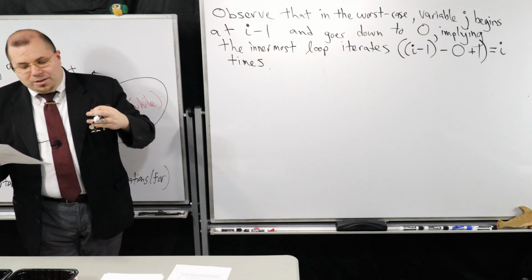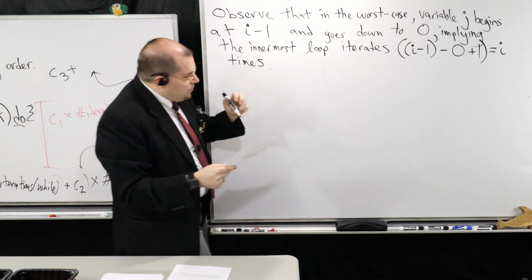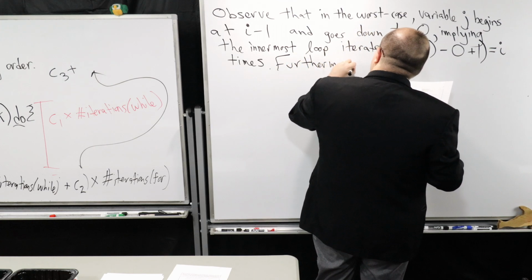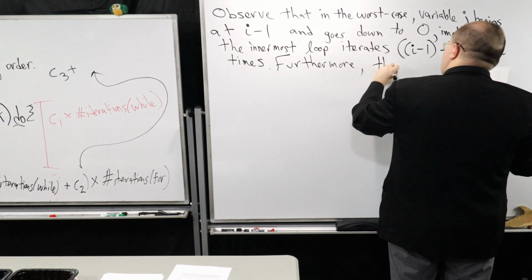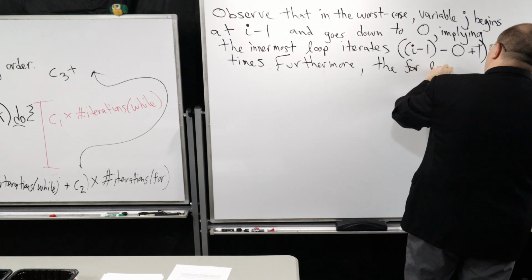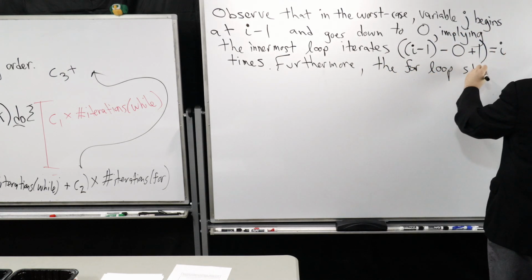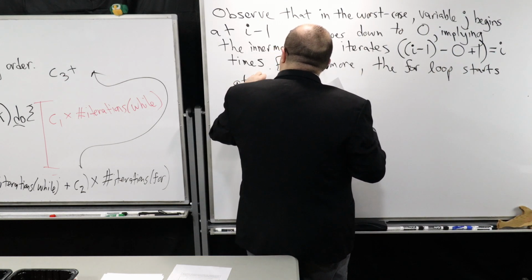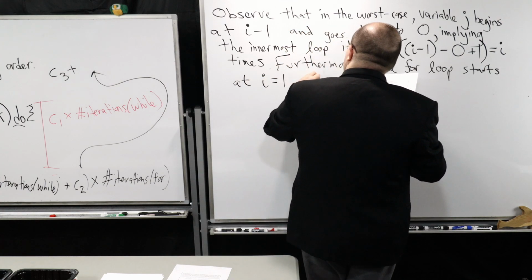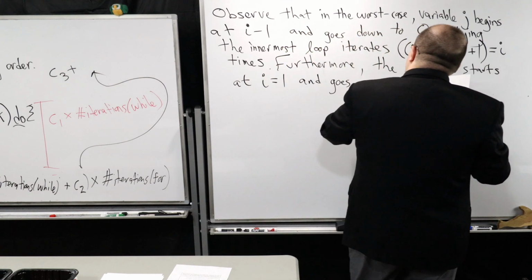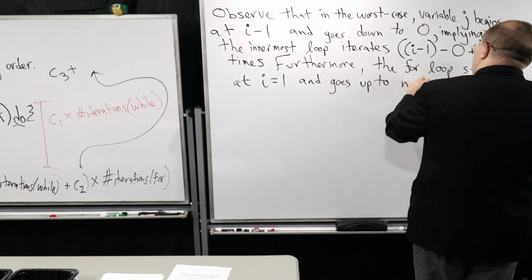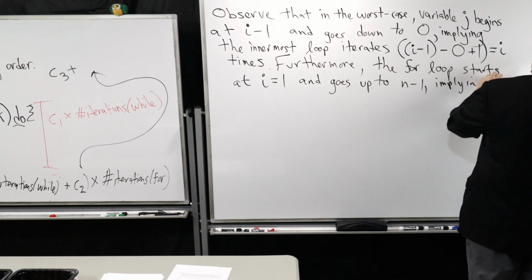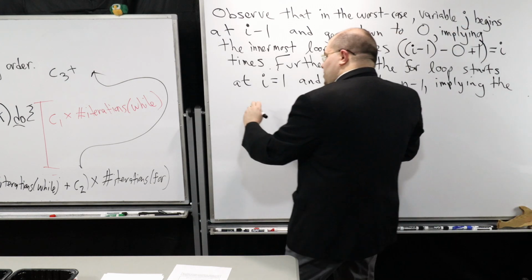So now that we have that, furthermore, the for loop starts at I is equal to 1 and goes up to n minus 1, right? Implying the worst case time complexity